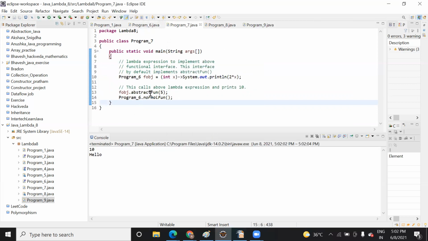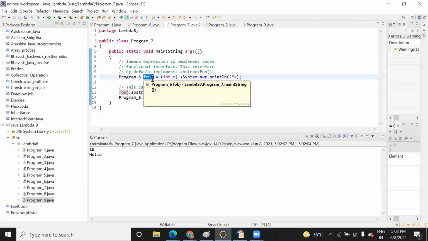So see, it is running, and it is calling that also. And here, this is our lambda expression. In this lambda expression, you are creating one variable here. You can think of it as an object also, and this object is having a variable and a value. So here you will assign this variable or object with the value that you get from this. So here, what's your parameter?